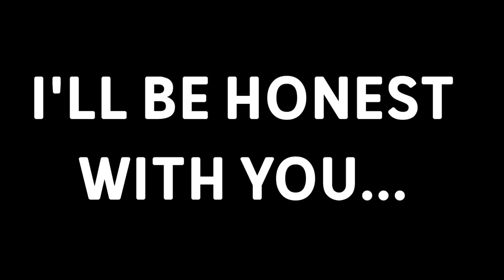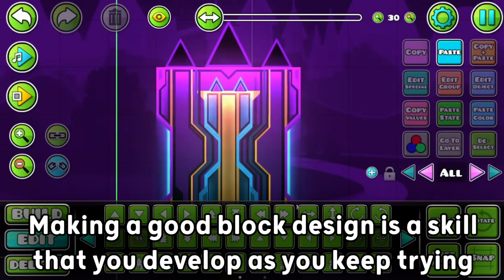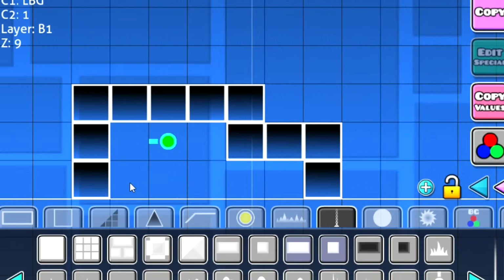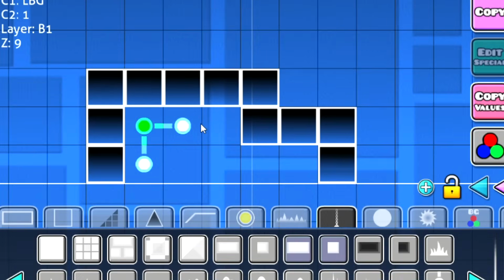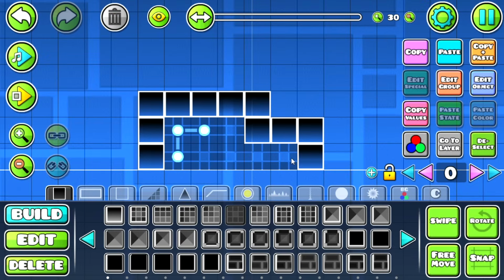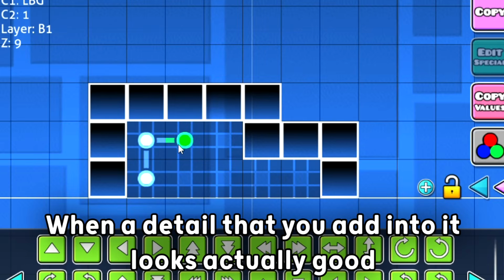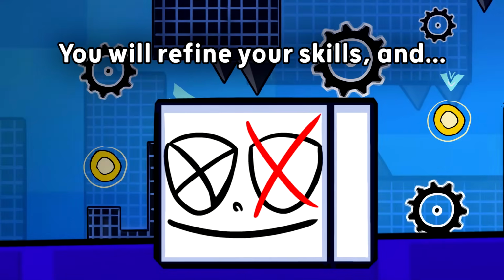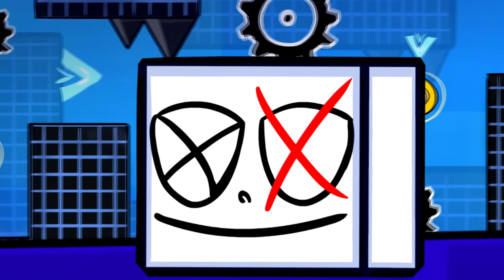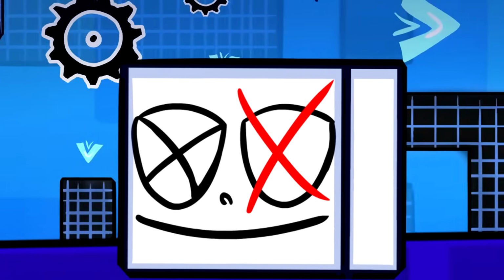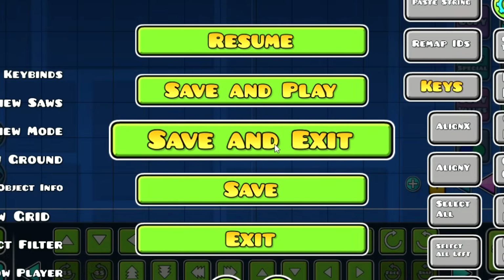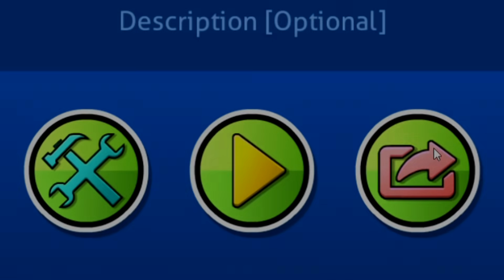Now, I'll be honest with you, making a good block design is a skill that you develop as you keep trying and, not ironically, failing. The more you try and fail, the more your brain will get used to it, and the more it will start to tell you when a detail that you add into it looks actually good and when it looks bad. By trying and failing, you will refine your skills, and over time, you will be able to come up with literally anything you want. Creating a good thing in this game only depends on how much you can fail, but recover from the ground